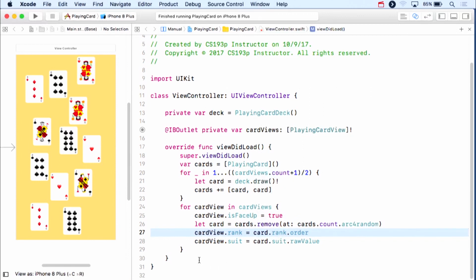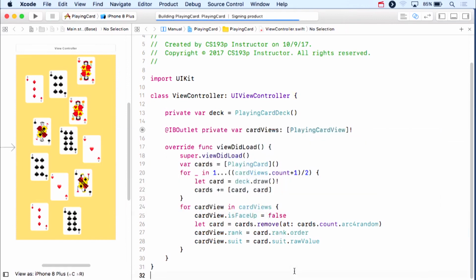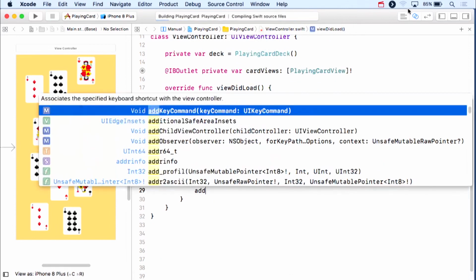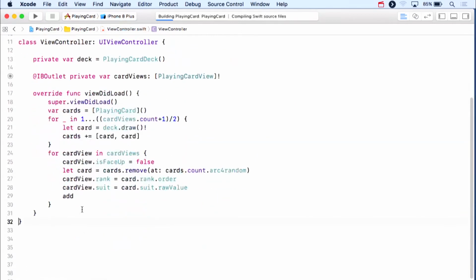I also heard there was some confusion in office hours about gestures, so this will be a good opportunity to review gestures again. So what I'm going to do here is, first of all, start my cards face down instead of face up. And then I'm just going to add a gesture recognizer to them all. Let's make this code big so you can really see what's going on here. All right, so I'm going to add gesture recognizer,